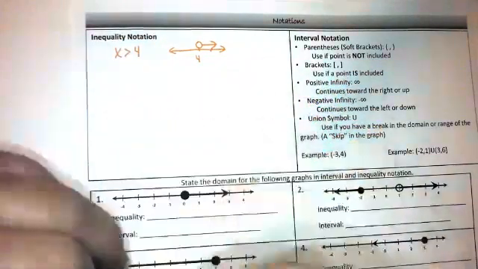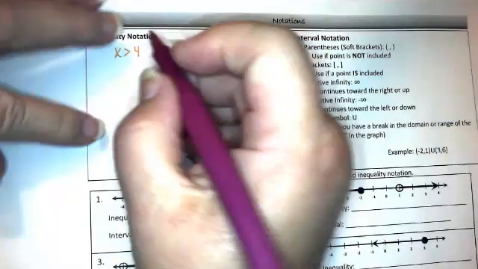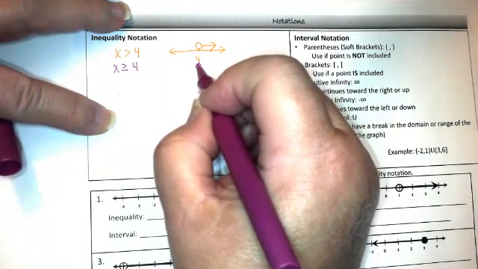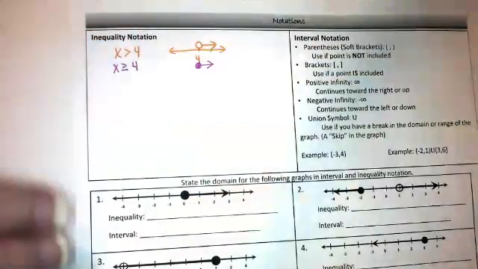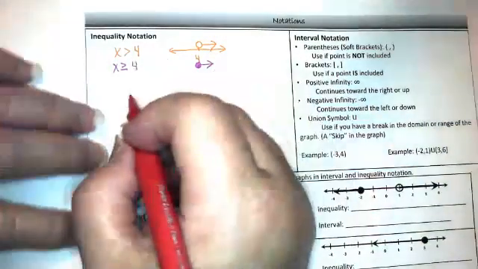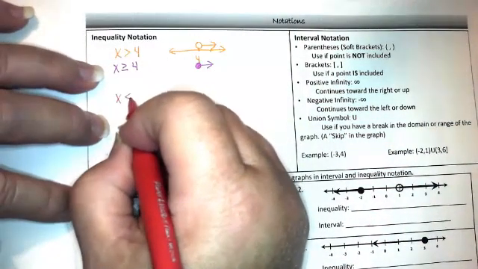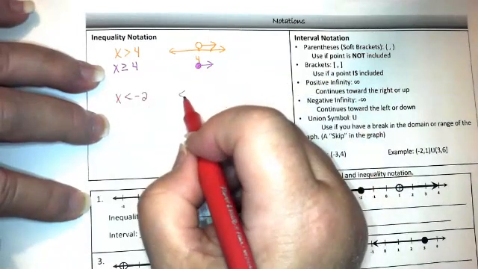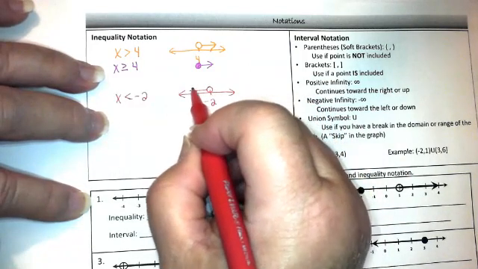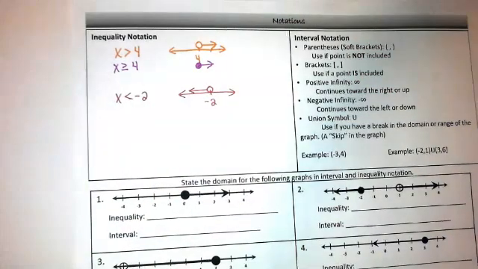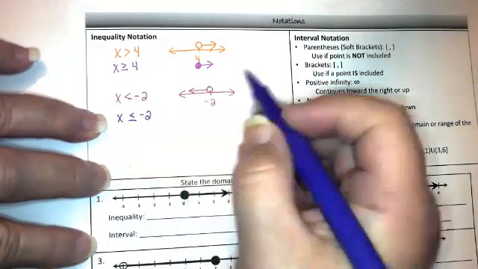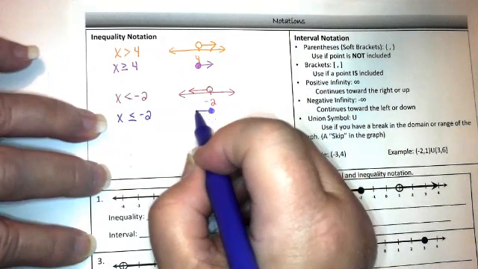Now, if we change that to x is greater than or equal to 4, now there's a closed circle on the 4 and it points to the right. The other inequality we could see is maybe x is less than -2. So here's -2, open circle on -2, and it points to the left. If we said x is less than or equal to -2, then we have a closed circle still pointing to